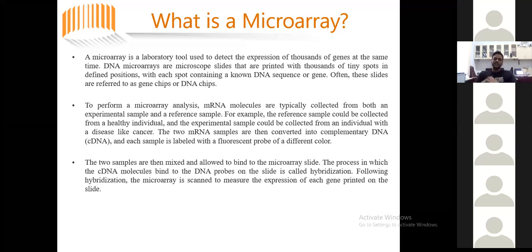The already present single-stranded DNA molecules on the array plate, which we will call reporters in microarray language, are used to attach to the single-stranded cDNA molecules that we have extracted from the different conditions. So there is an equal probability of probe mismatch or match based on the cDNA sequence attaching to the probe plate.